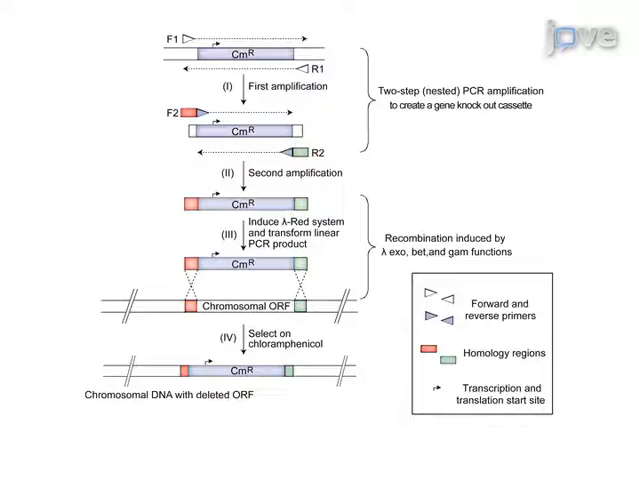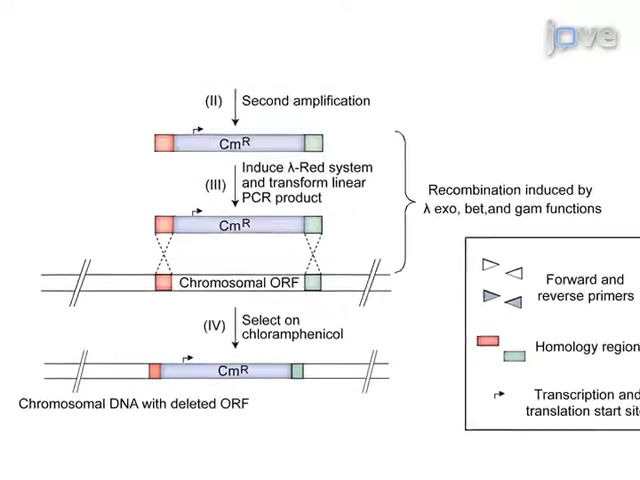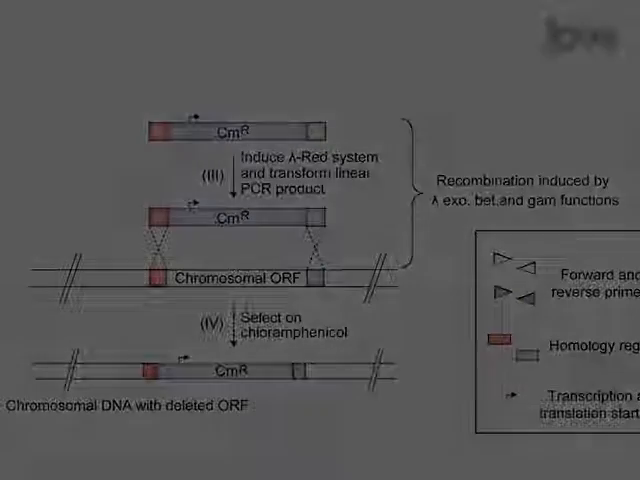To begin this protocol, two-step nested PCR amplification is employed to replace the target open reading frame with a chloramphenicol resistance marker from the pKD3 plasmid as described in the written procedure. Confirm